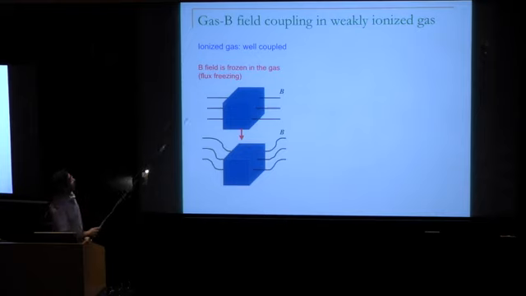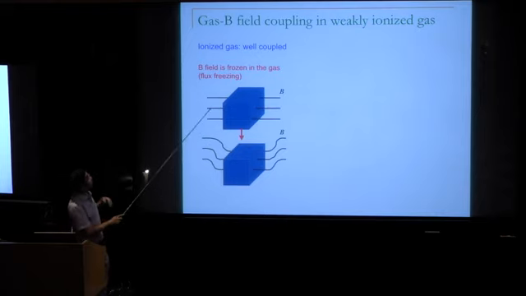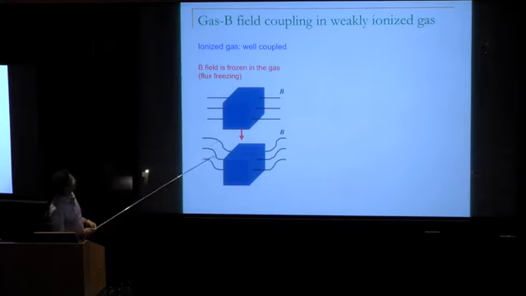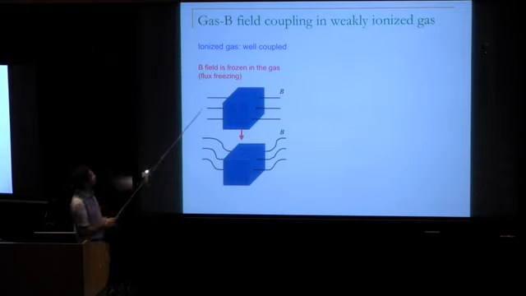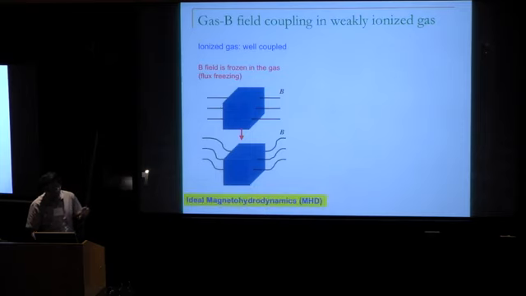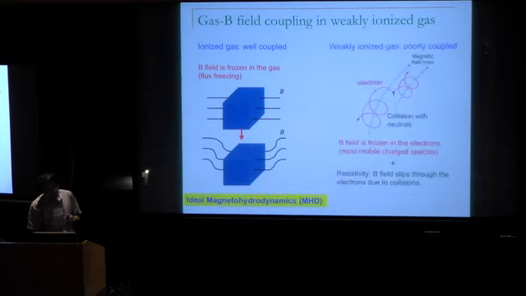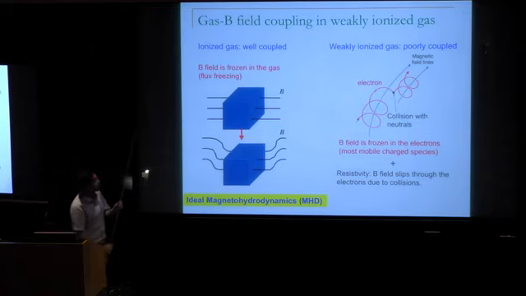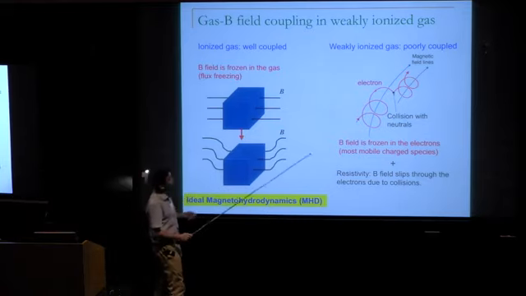So starting from the simplest case, where they are very well coupled, if the gas is well ionized, then you have this very familiar result of flux freezing that's called ideal MHD. That means if you move the fluid around, then the magnetic field moves with it, and that's described by ideal MHD. And if you're very weakly ionized, then what happens is that,